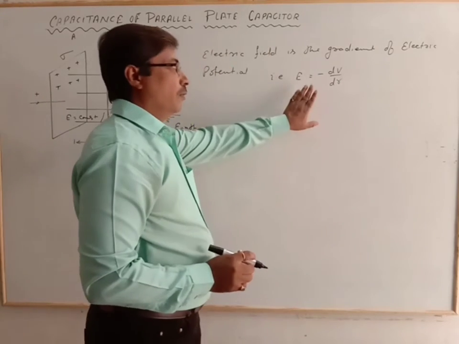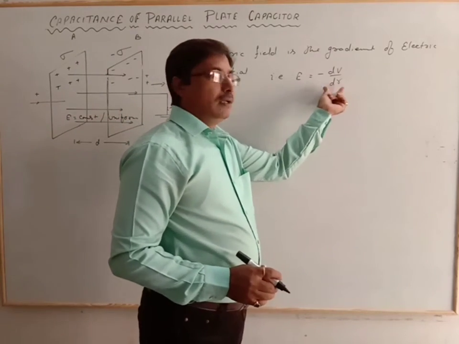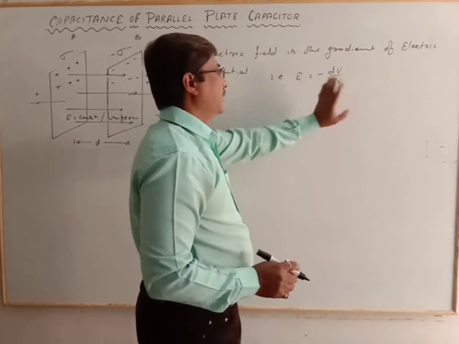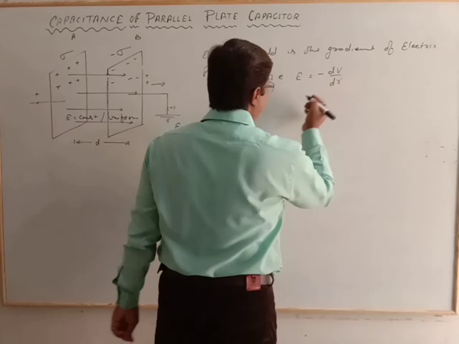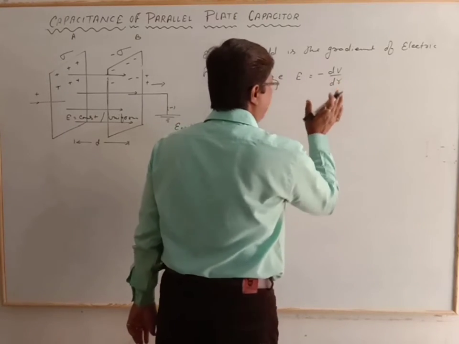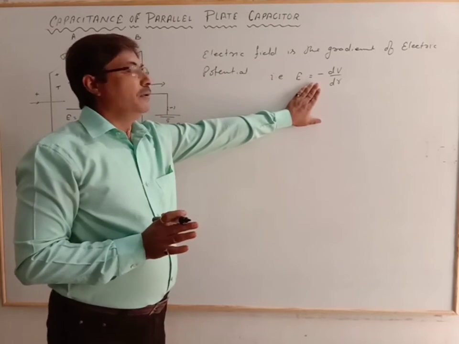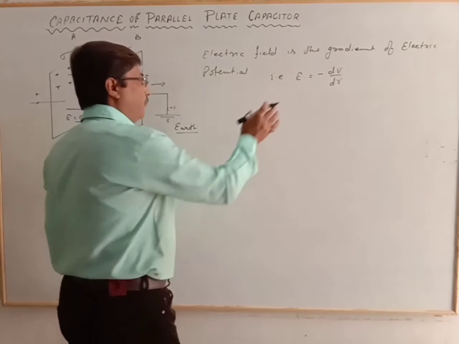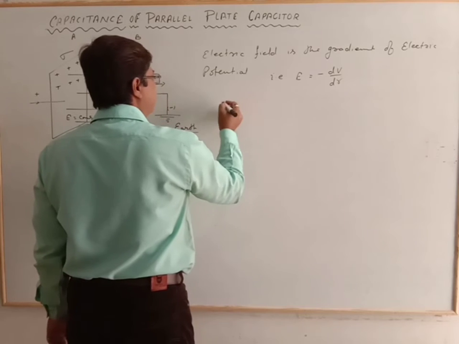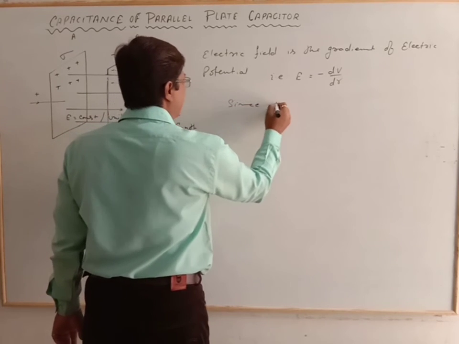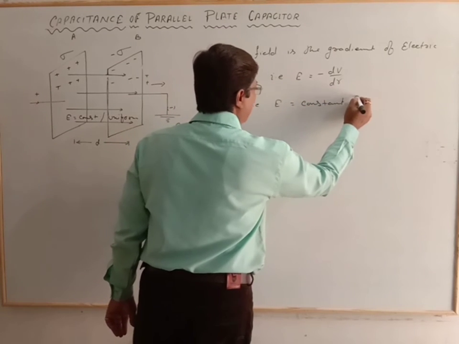Now here we have the electric field constant, which means the differential is a constant value. So the potential of the plate and the distance are also constant. We will consider only the magnitude here, so we will not take the negative sign, since we are not concerned with direction. Since E is constant, or uniform,